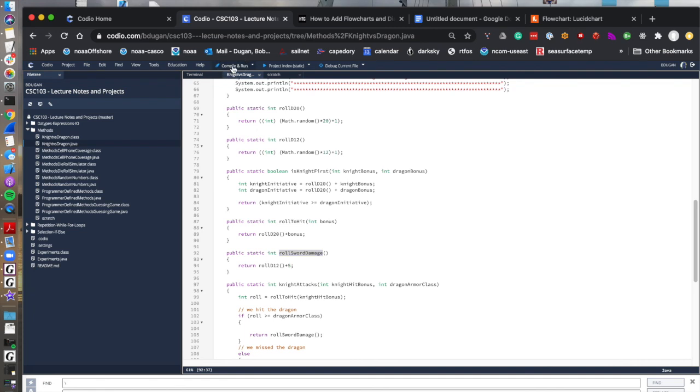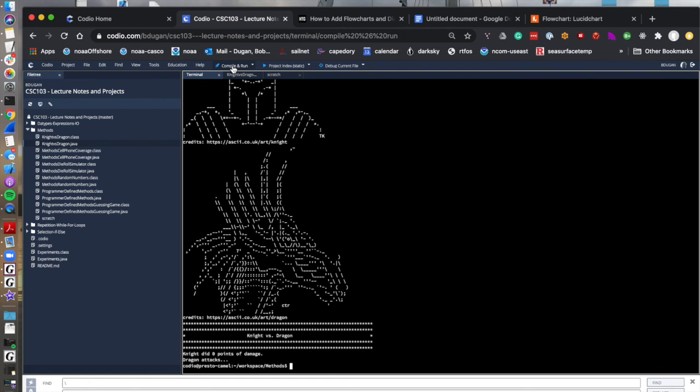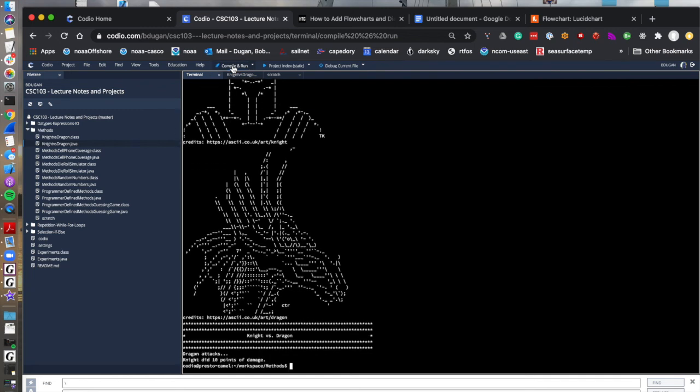So let's compile and run this. All right, so that time the knight did 0 points of damage, didn't hit the dragon. Maybe he'll get lucky this time. Oh yeah, the dragon attacked first, but then the knight did 10 points of damage to the dragon. Okay,